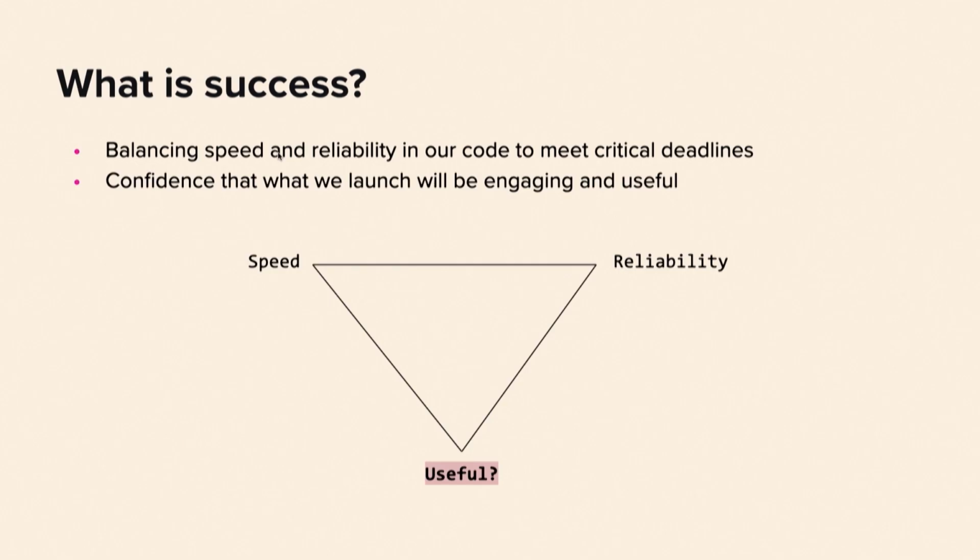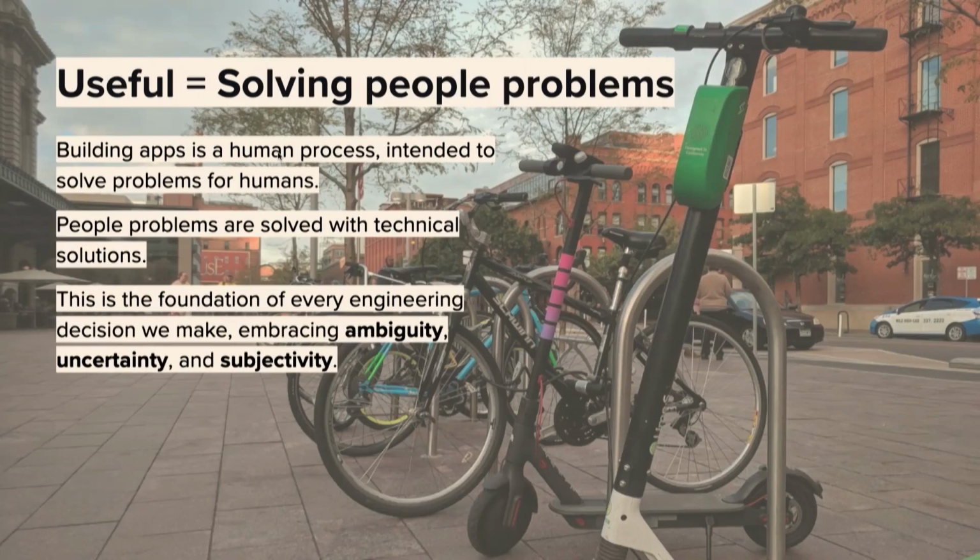And that's what I really want to talk about. What is useful? I think of useful as what solves a people problem. And I think Android engineers, a lot of people in this room, whether you work at startups or big companies, you have a huge hand in what the final product looks like. And the final product almost always is trying to solve a human problem for a human using your app.